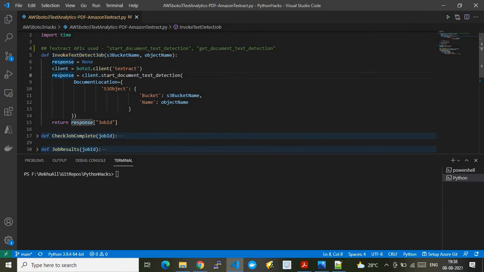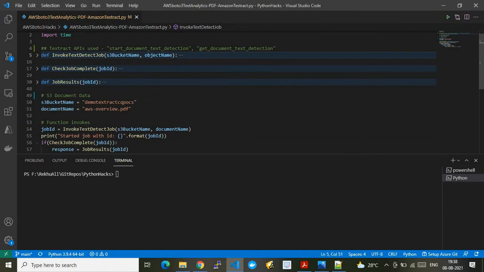And finally, the response. From the response, what I'm extracting is the job ID, because as you know, when we invoke an API or use the Textract service, the operation to calculate the result, for example here extracting the record data out of a PDF file, will take some time. In that case, we just invoke the API and wait for that job to complete, and the result of that invocation is nothing but a job ID. On this job ID we will do the next operation. Okay, let me go to the next flow.